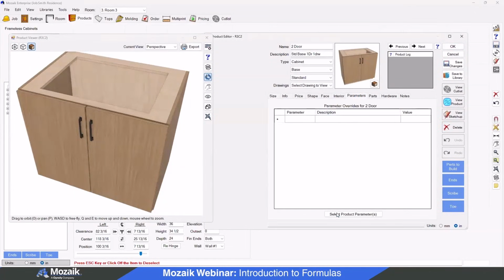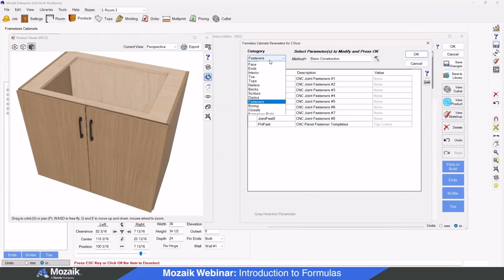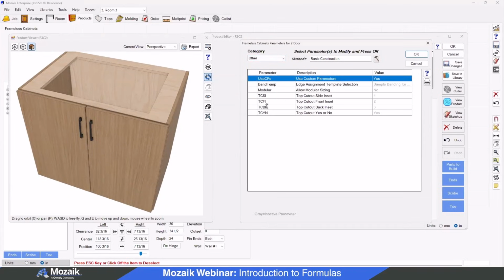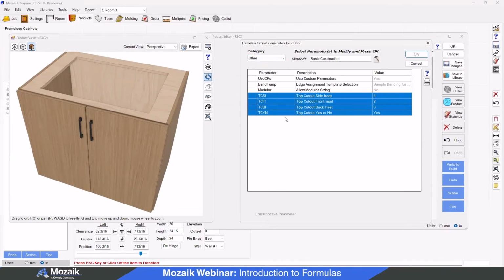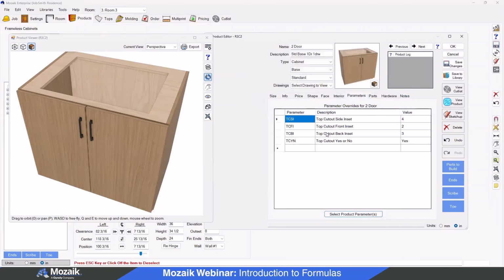And let's bring in some parameters to control that. So we're going to go over to the other category. I'm going to grab all of these parameters. We're going to hit OK. So I can modify these now at the product level. So if I turn this to no,